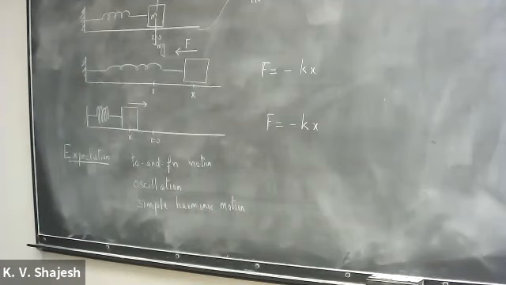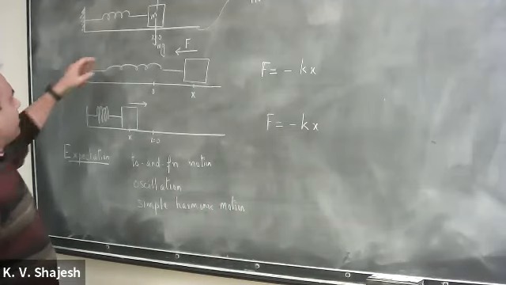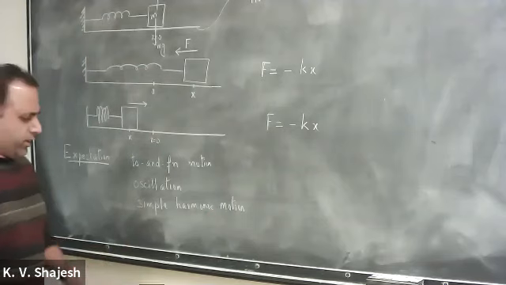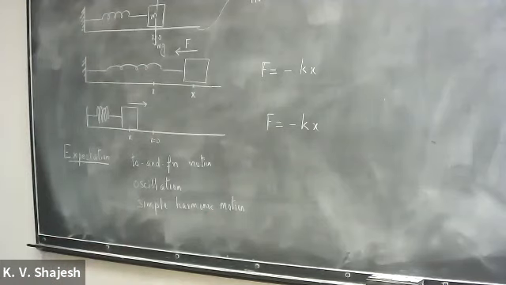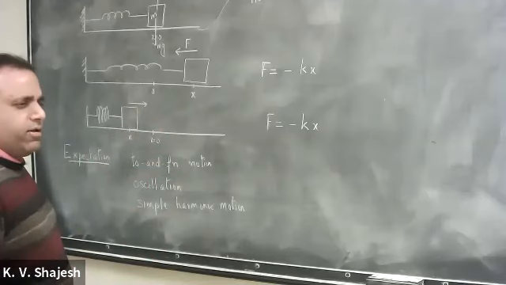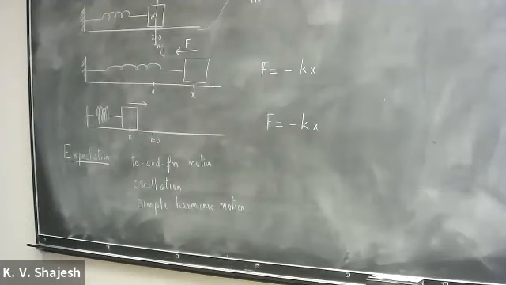And even though we are going to build this analysis in the context of a spring being pulled or compressed, we will very quickly make a leap and be able to analyze any such motion which has a small disturbance about a point. Whenever you can shift a system away from equilibrium, and the tendency for it is to come back to equilibrium, it will always do simple harmonic motion. So that will be a conceptual leap, but let's first analyze this motion.